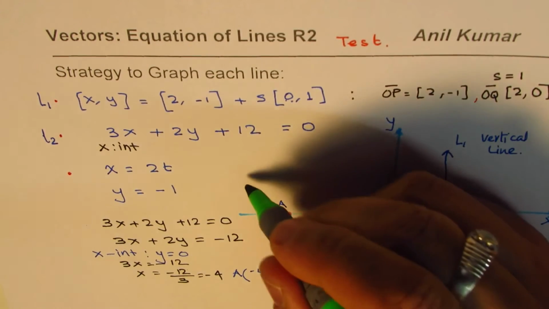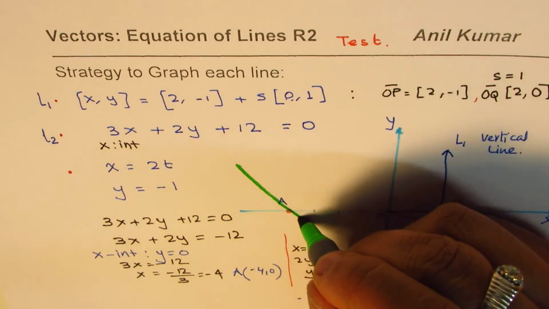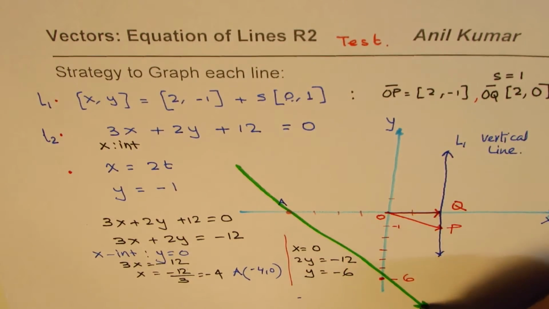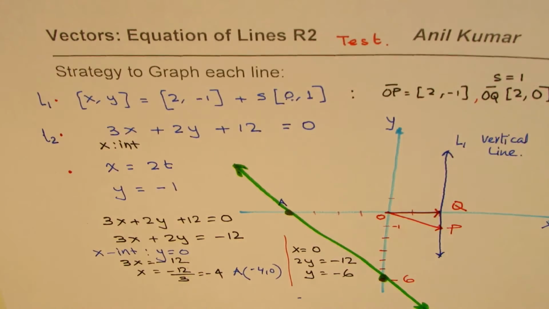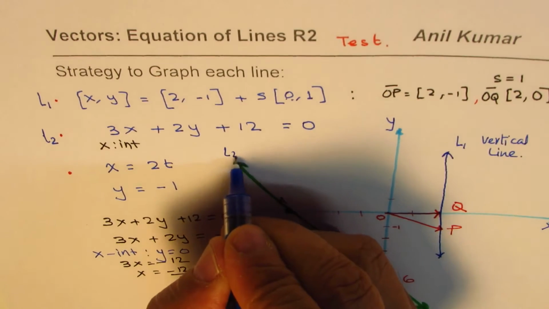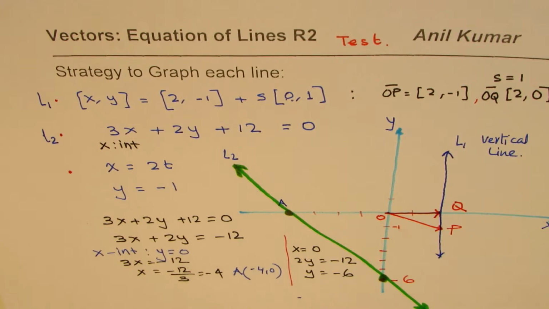So we can actually connect these two. So let me just connect it. Okay, I think this is about this point. Okay, so that gives you the line L2, right? So that is how you could sketch the line when it is given in the form which is scalar or